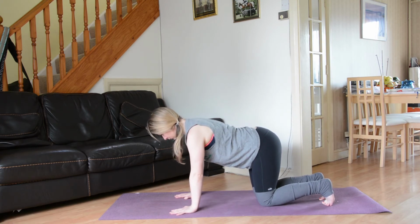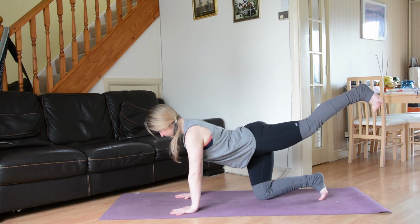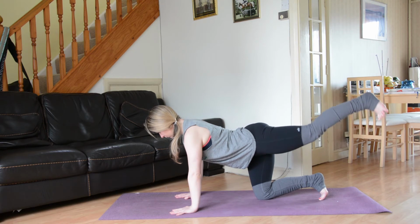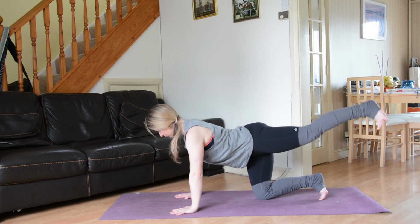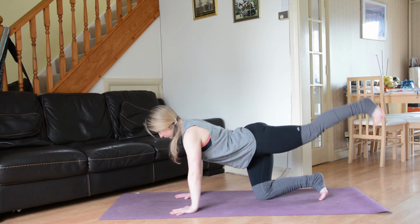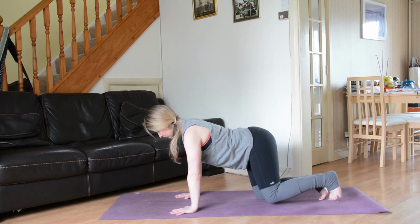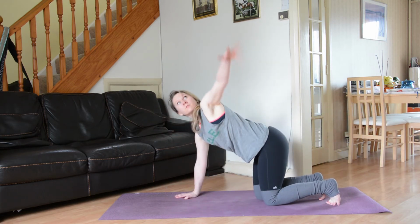Inhale, drink a breath in, left foot comes out behind you. And just begin to take those little circles in one direction and then the other. Toes are flexed, pointing towards the earth, keeping the hips level here. And then replacing that knee back down, reach the left hand up towards the sky and then exhale, take it